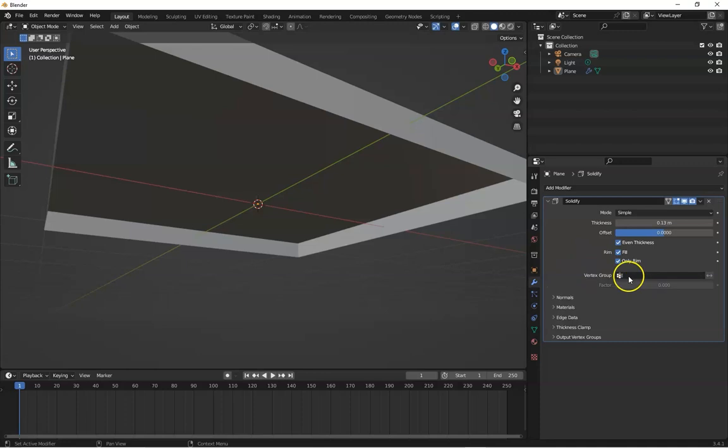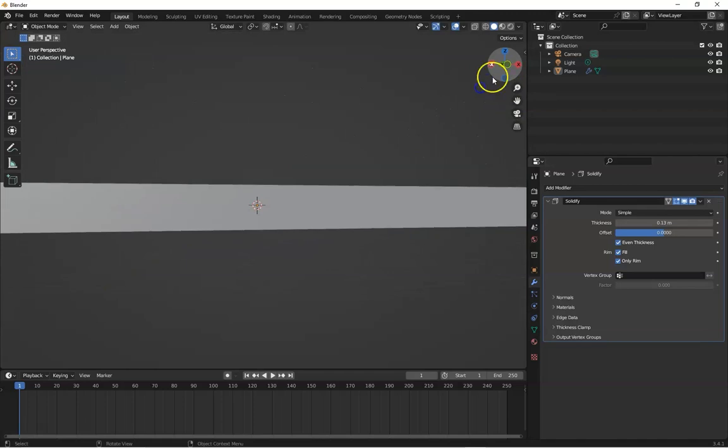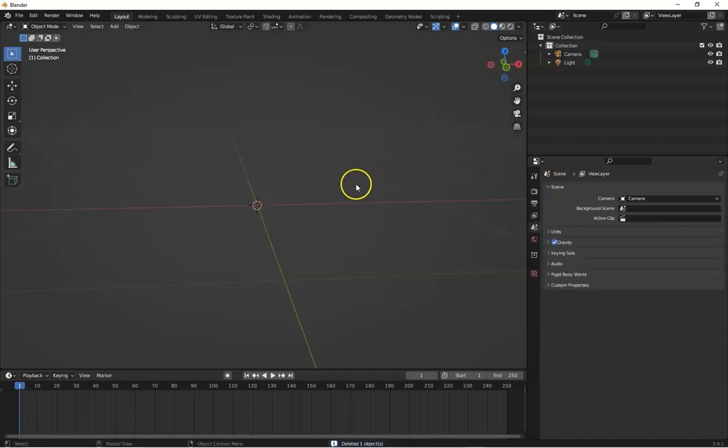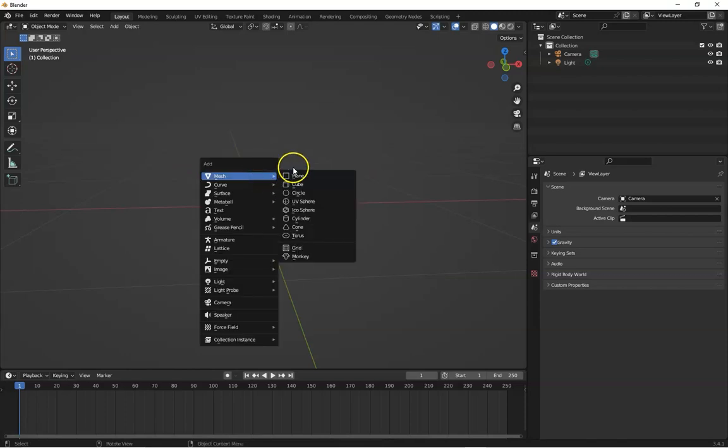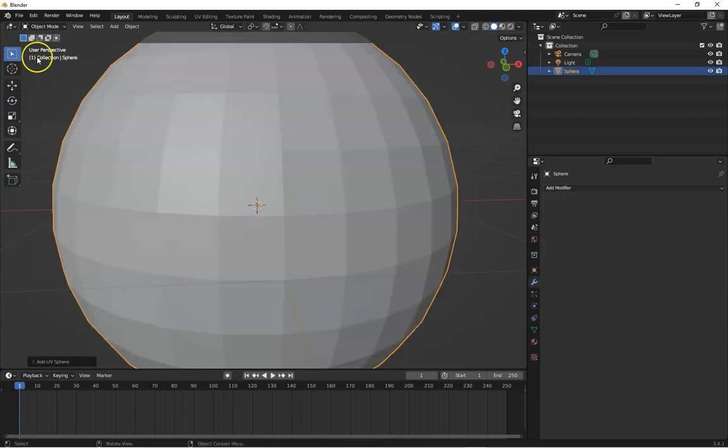And here is the vertex group. Vertex group allows you to add the Solidify modifier on selected vertices or a selected area of your geometry. So let's try it by adding a UV sphere. Shift A and add a UV sphere, and now